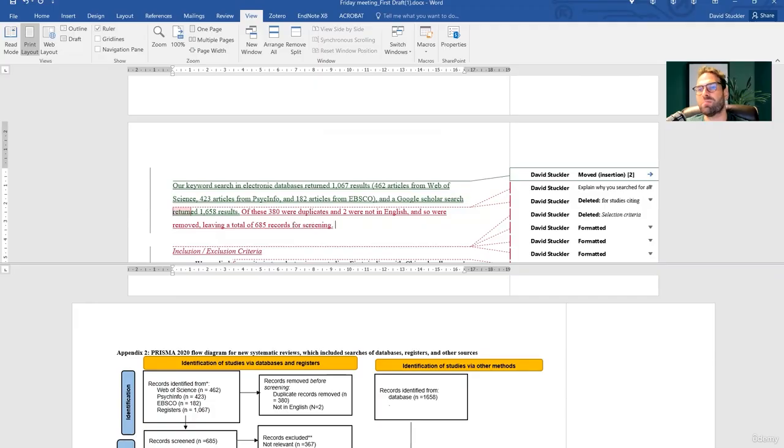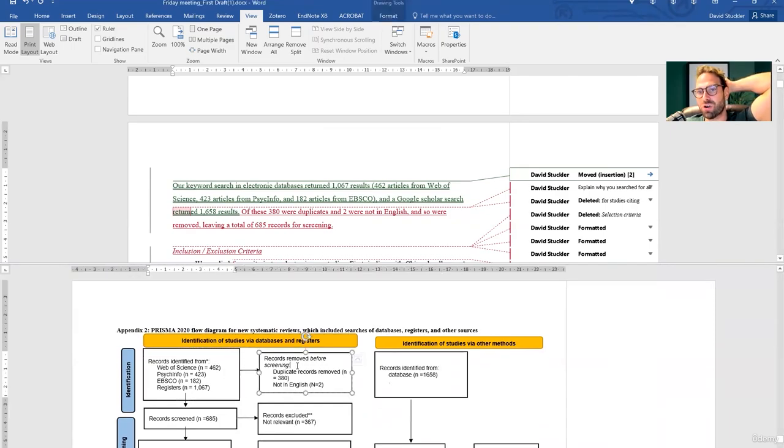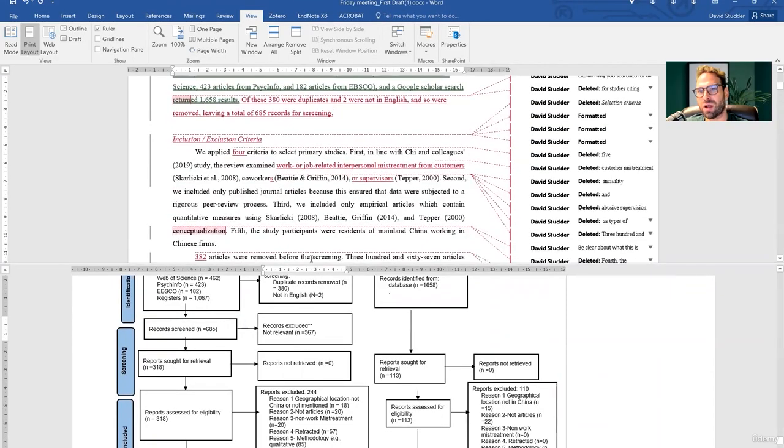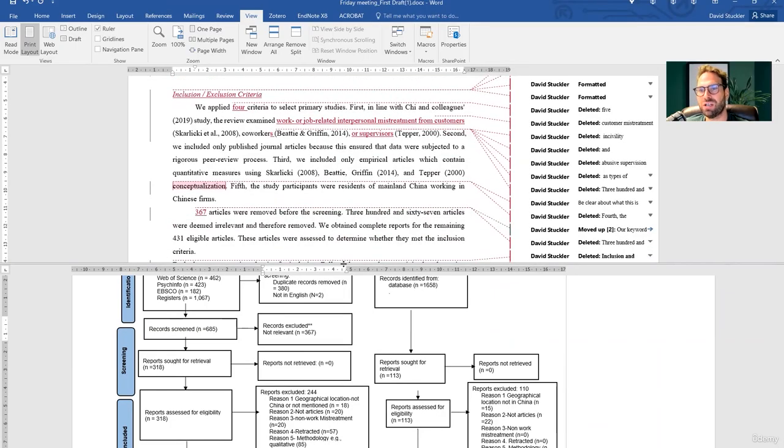screening. So guys, just to say, if you get to this point, make sure you follow closely the guidance in the method section. And look, all we're doing, there's no magic here. We're just summarizing what's in the Prisma, just step by step as we go through. Now this 367 are not relevant. So they were not relevant in the screening. So here's where the 367 comes in. You can see, Cynthia, this was not in a linear order following the Prisma. The writing is very simple because you're just very simply writing and following the steps that you did in the Prisma. That makes it easier for you to write. It makes it easier for the reviewers to understand.